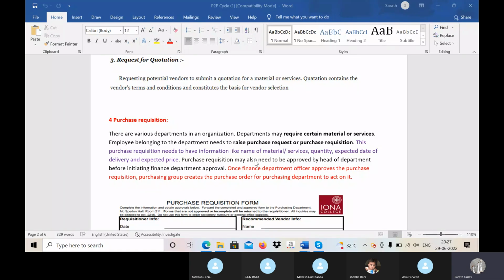This purchase requisition needs to have information like name of the material or services, quantity, expected date of delivery, and the expected price. The purchase requisition may also need to be approved by the head of the department before initiating the finance department approval. Once the finance department officer approves the purchase requisition, the purchasing group creates the purchase order